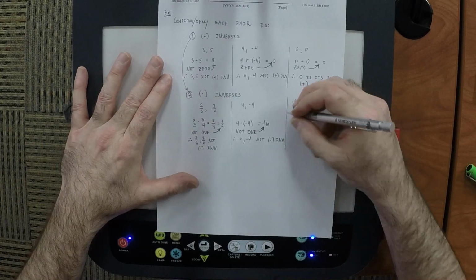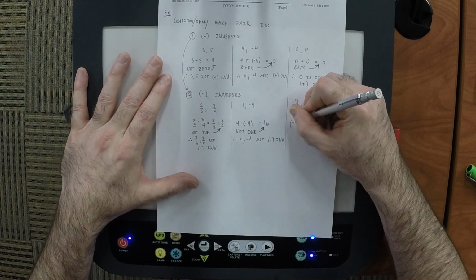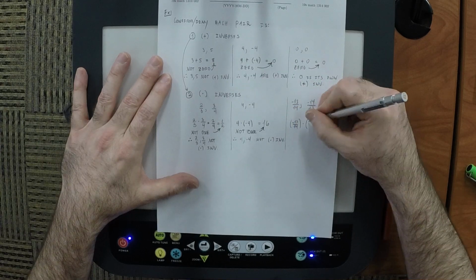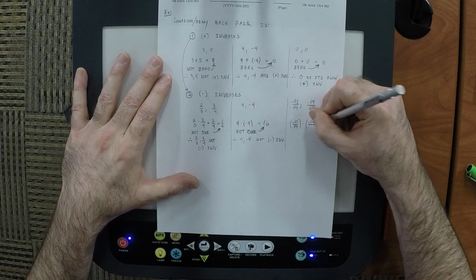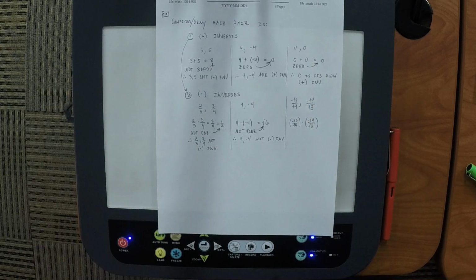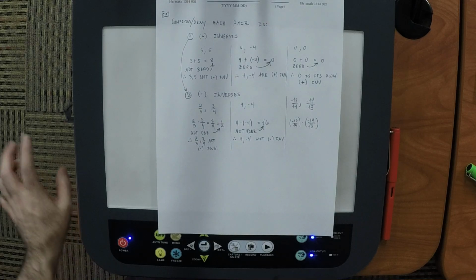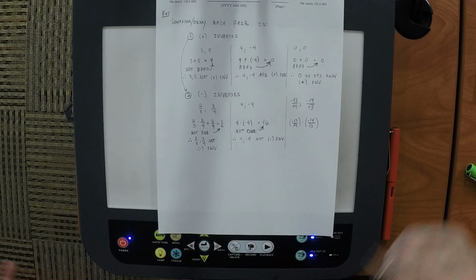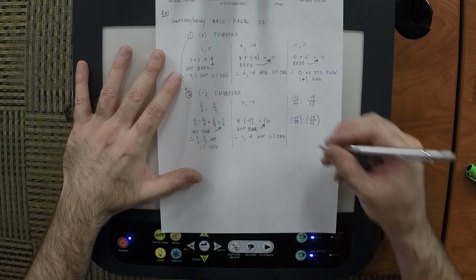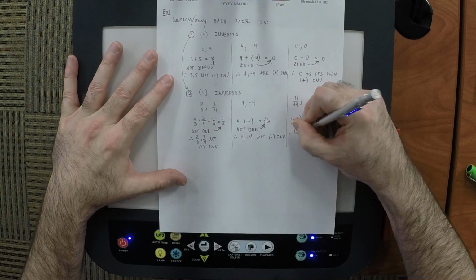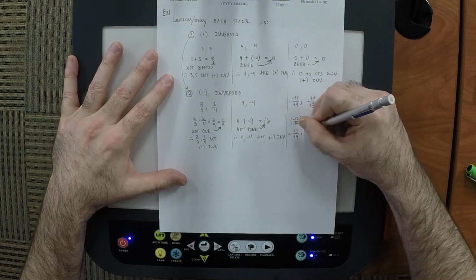Okay, so for this one, negative 13 over 14, and then multiply by negative 14 over 13. So we want to simplify this. I'll do it in a couple steps. In the first place, I noticed that we're multiplying two negative numbers, which means that the negatives cancel. So I can drop the negatives, and then this could be written as 13 over 14, and then multiply 14 over